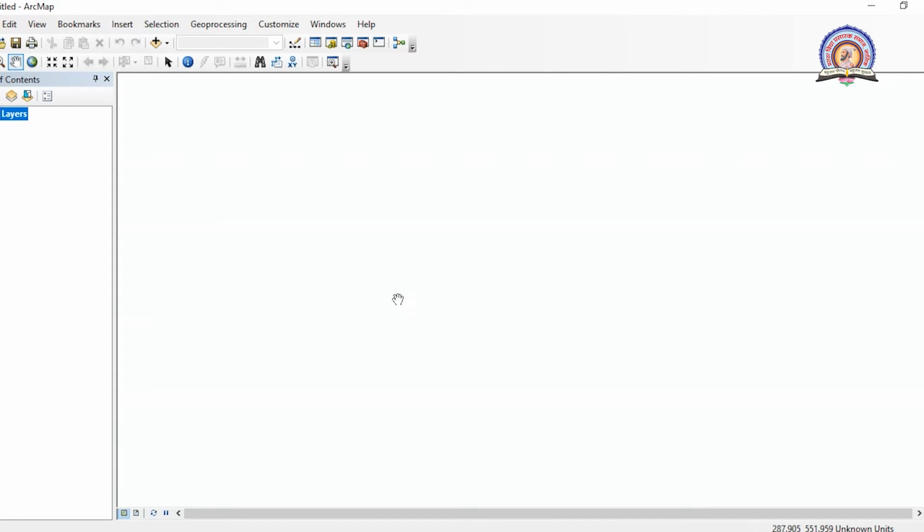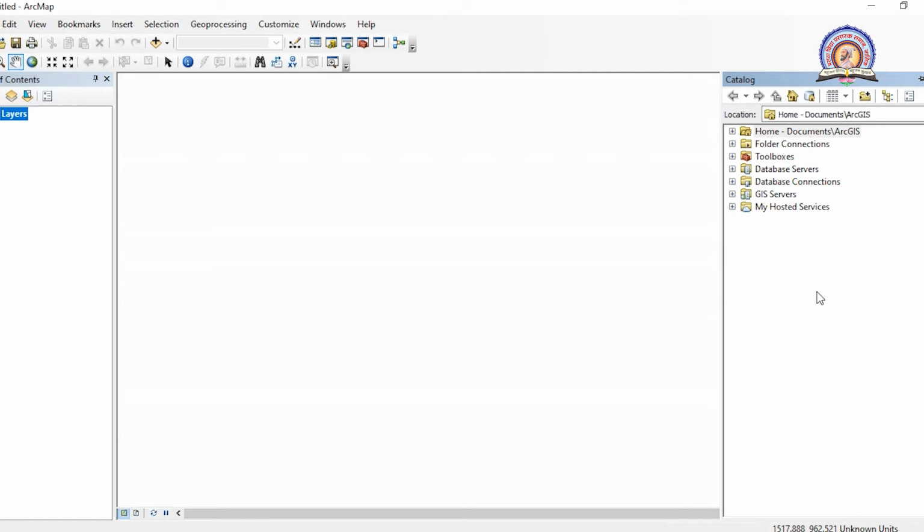Once you have created your data folder, it is important for us to connect our folder into ArcGIS. For that, as I have discussed before, we have to go into Catalog. Once we enter Catalog, we have to link our folder into the software.